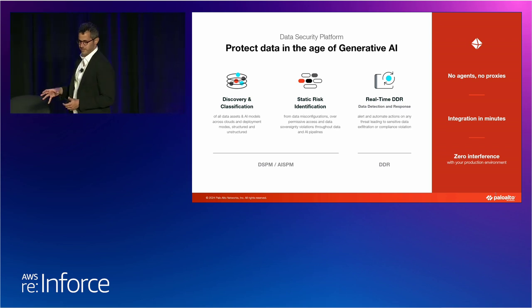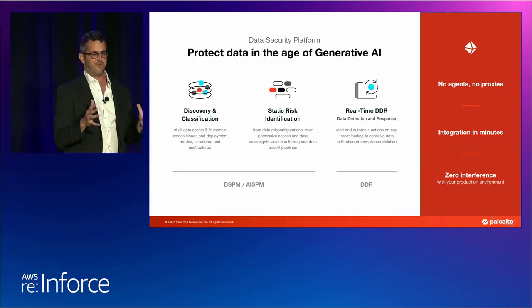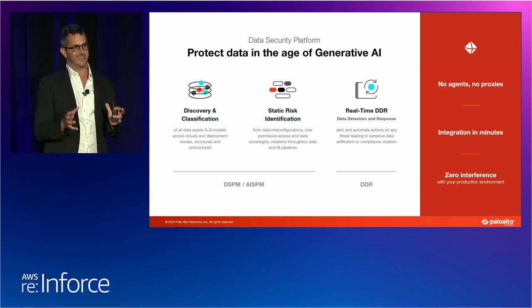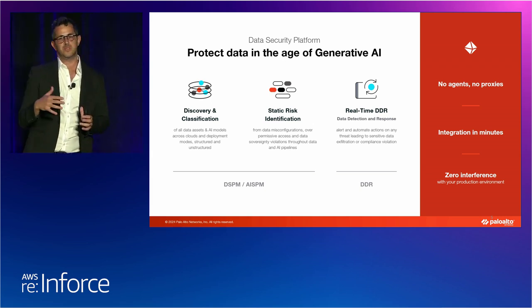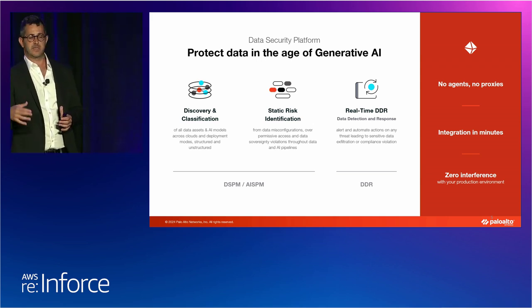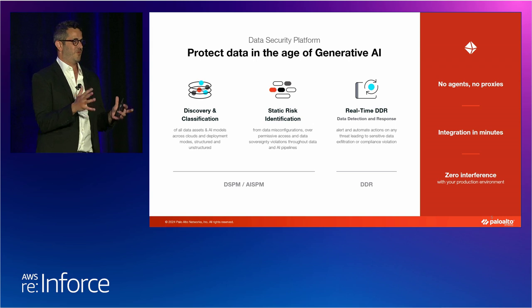Now, we just talked about data security posture management. On the other side of it, we also have data detection and response, DDR. This is a term that we coined. So what does this mean? While we have our data discovery, data classification, and data risk analysis, which is analyzing data at rest, what happens if someone who should have access to the specific data decides to copy all the data to a different cloud? Today, no traditional data security that only looks at data at rest will analyze or find that.